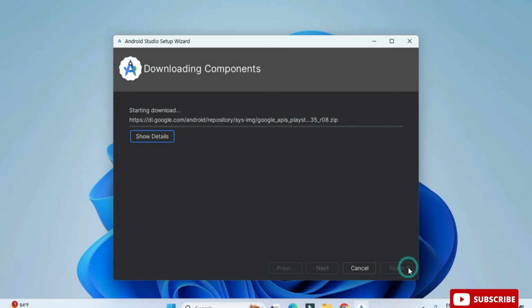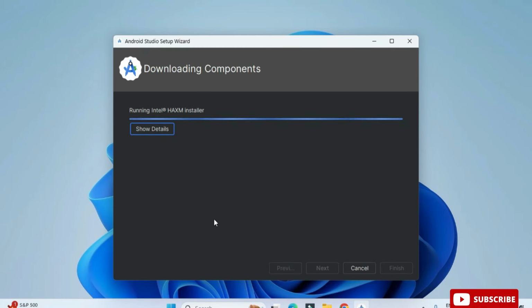So now it is downloading my virtual devices. So hence I'm saying you need a strong connection. We require installation of 3 things: Android Studio installation, and then installation of virtual devices, and installation of SDK. Okay guys, so it will take a while, so please wait. You have to be patient while installing Android Studio. It takes, I think, around half an hour for completing all the installation. If your internet is good, it could be faster. Before half an hour also it could be completed.